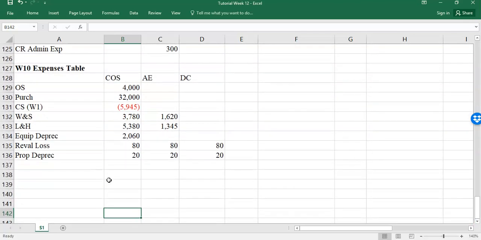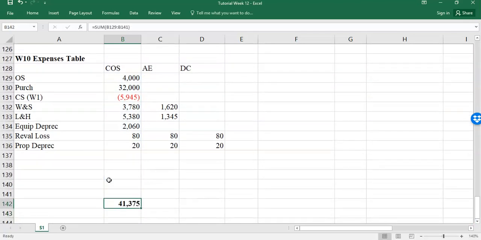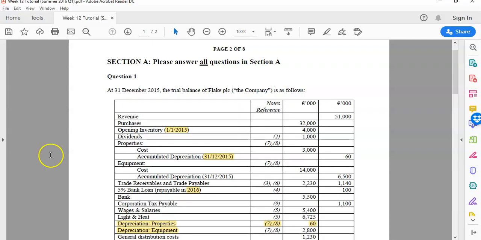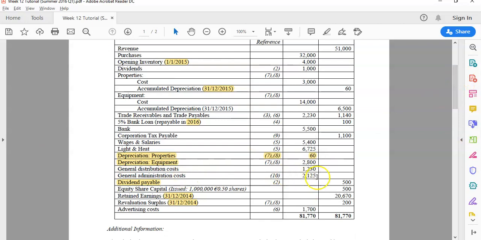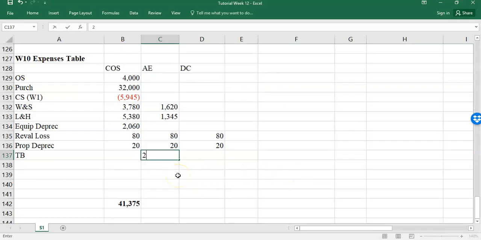So I think that's all the line items we have for cost of sales. Just skip down a few and we'll tot those up. So your cost of sales then will be 41,375. Admin expenses we have in the trial balance. So we just add on the key item there. Your admin expenses are 2125 and your distribution costs 1230. So we just took those from the trial balance,